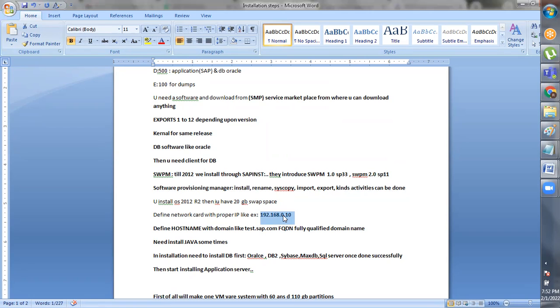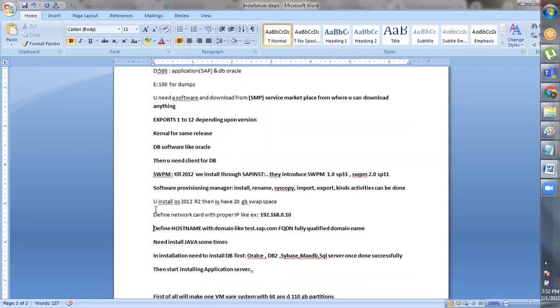If I use this IP, I can access the production database. It's all a number game, and from any part of the world you can sit and access your system very easily with the help of this number. That is the main thing.